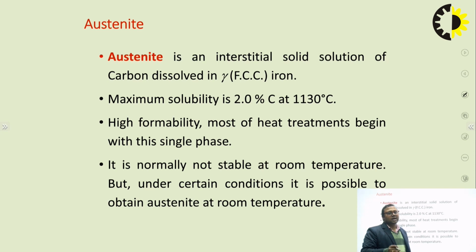So you can see that the iron is maximum dissolved in this; carbon has a maximum solubility of 2.0 percentage at a temperature of 1130 degrees centigrade. Below that temperature you will not see any dissolution of carbon in iron. It is normally not stable at room temperature because this type of phase is formed at a higher temperature, whereas room temperature is around 30 degrees centigrade. But under certain conditions it is possible to obtain austenitic structure at room temperature